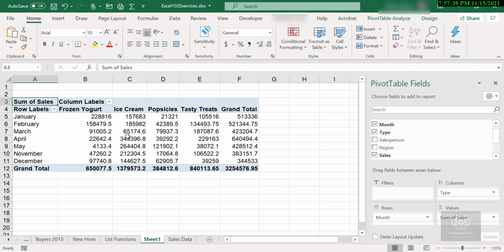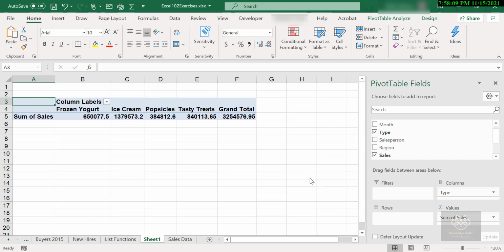Now imagine that in this example you're sitting at that meeting, going through this table, and somebody says, this is great information, but I get to see the sales for each month broken up by the product. That's great. Well, actually, instead of month, I want to see it broken up by the salesperson. Can you do that for us? No problem. I just grab Month, drag it out, drop it someplace empty, and the month is gone.